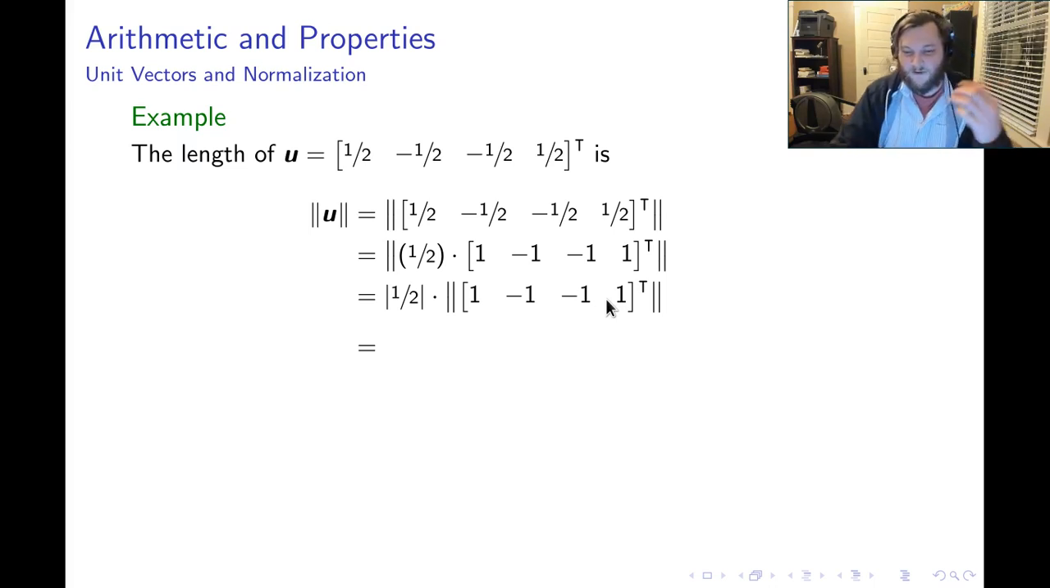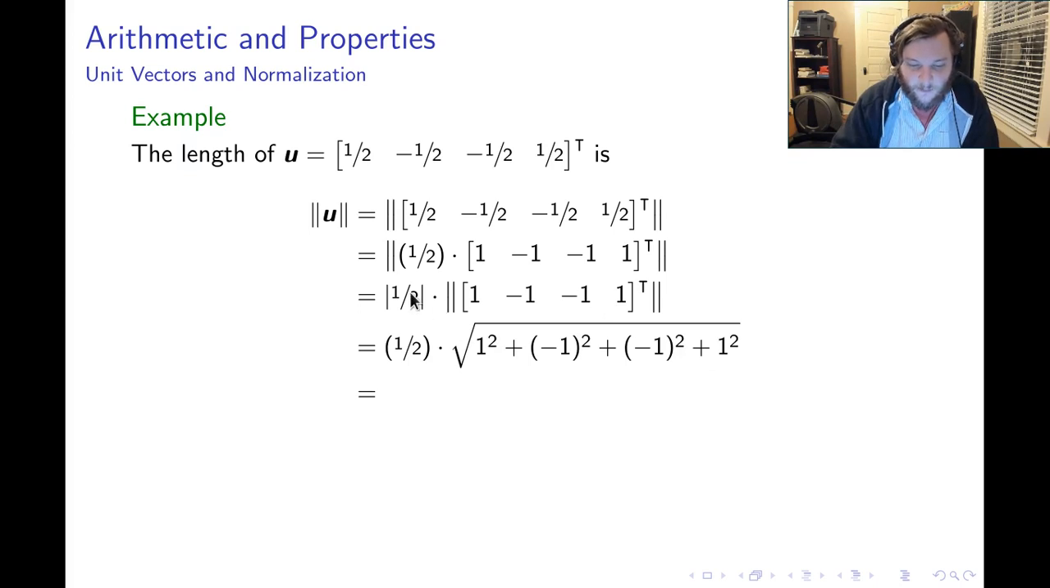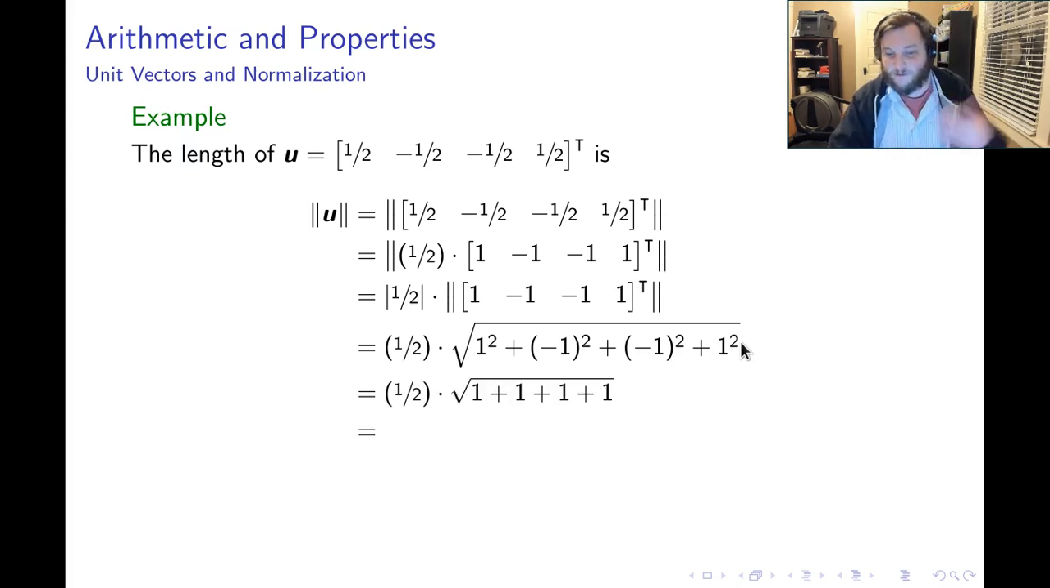Well, the length of the vector is the square root of the sum of the squares of the coordinates. So remember, the absolute value of 1/2 is just 1/2, so I didn't even need absolute value signs here. And now I'm looking at the square root of 1 squared plus -1 squared plus -1 squared plus 1 squared, which is really just the square root of 1 plus 1 plus 1 plus 1, which is the square root of 4,